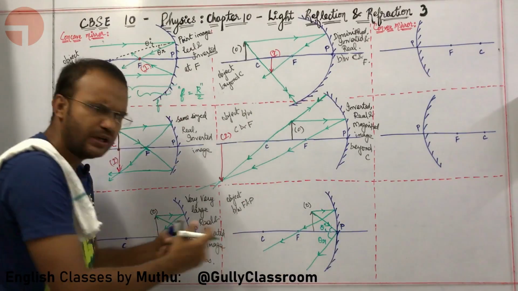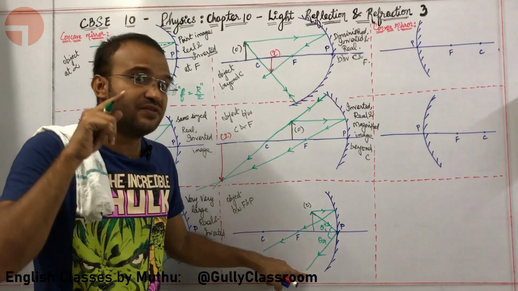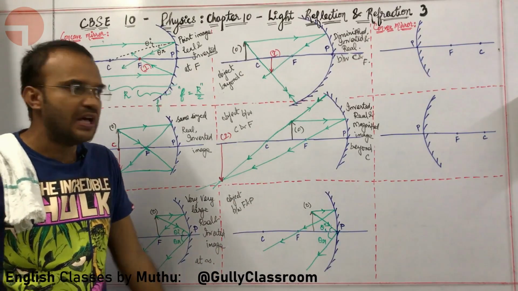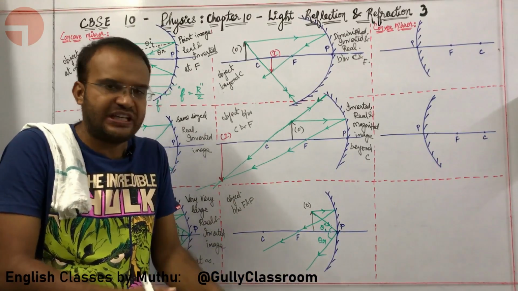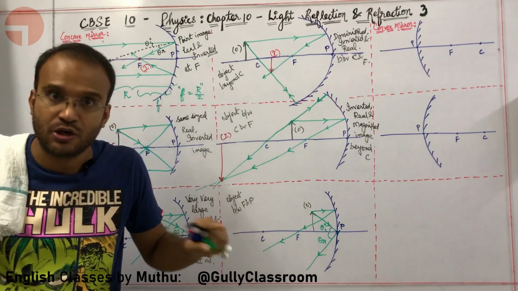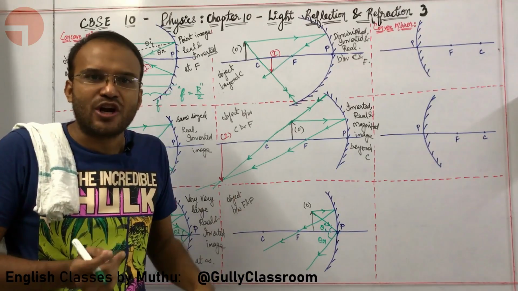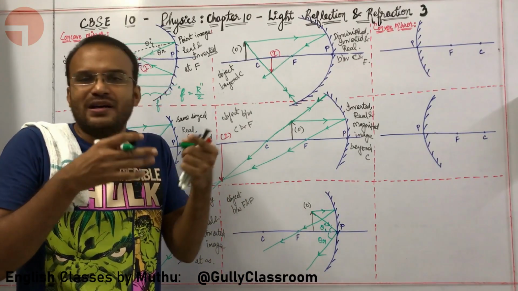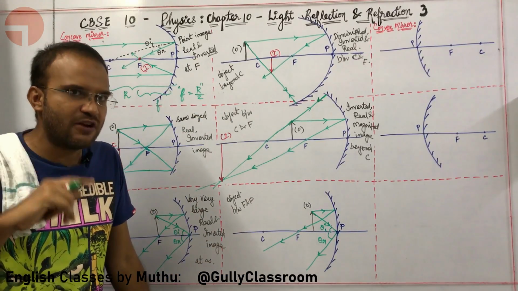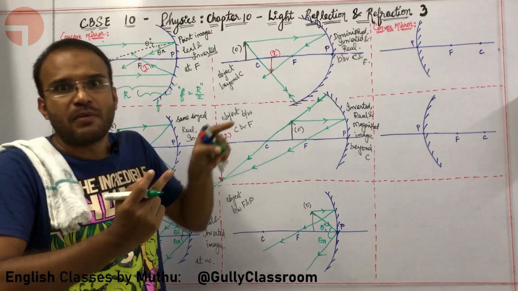Sir, these two lines are actually diverging. Remember something totally interesting. Even if these two light rays are diverging right now, they have to be meeting at some point in order to diverge. Sir, give us a better example. Let us say there are two angry brothers fighting with each other. Even though they are fighting right now, they must have been together in their mother's womb. Am I right or wrong? They must have been together in their original ancestral home. Right or wrong? Yes, sir. As kids, they must have been very good friends. Exactly. In order to diverge from each other, the light rays must be starting at some point.